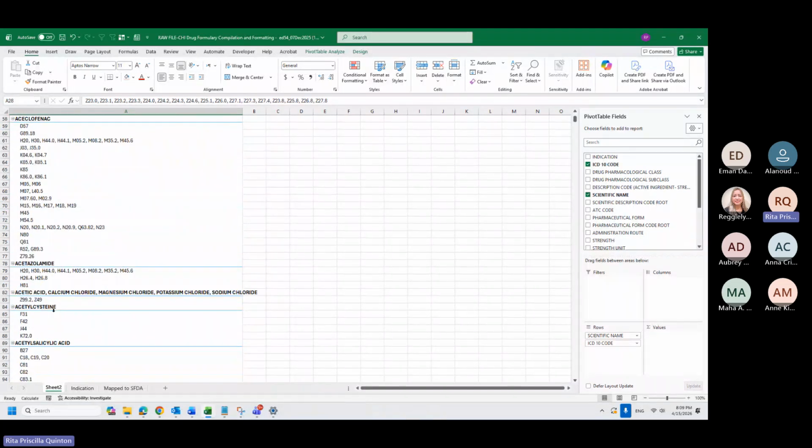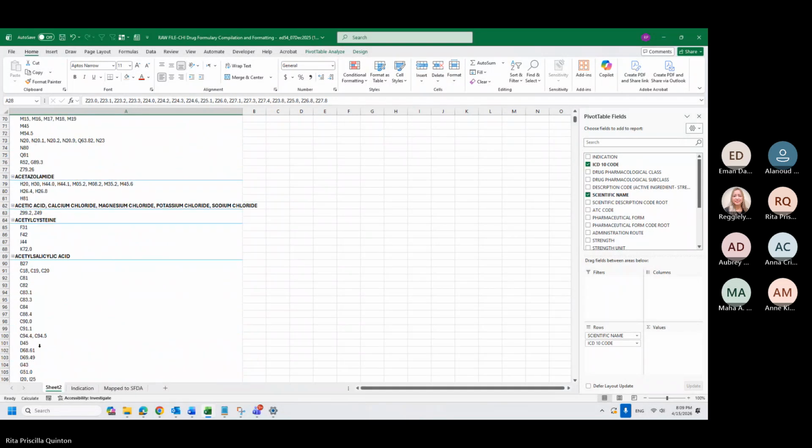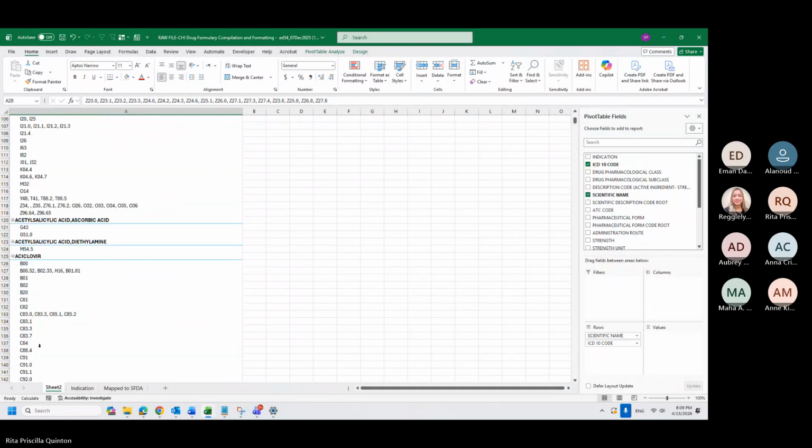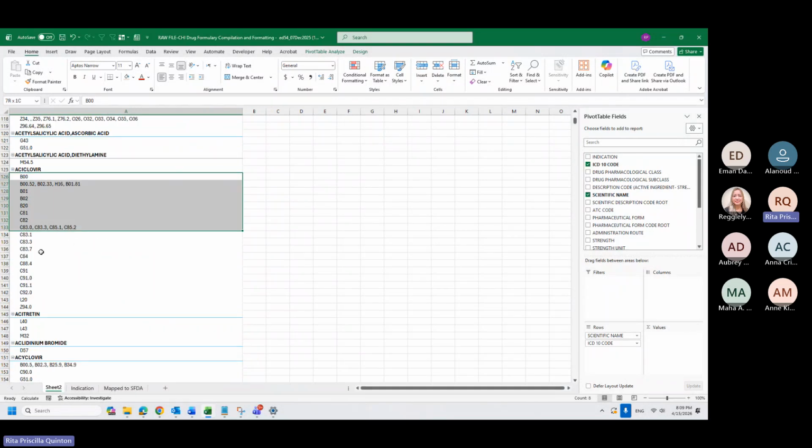So for aciclovir, I have 19 diagnoses I can use while using this. So it means if I use this L40, which is outside of aciclovir, it will be rejected by insurance, right?